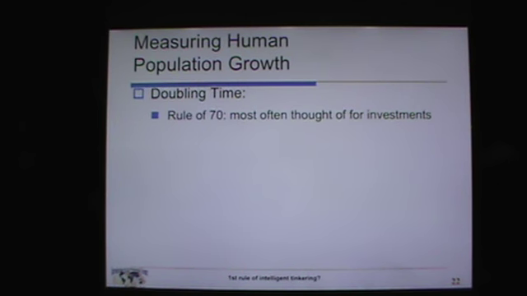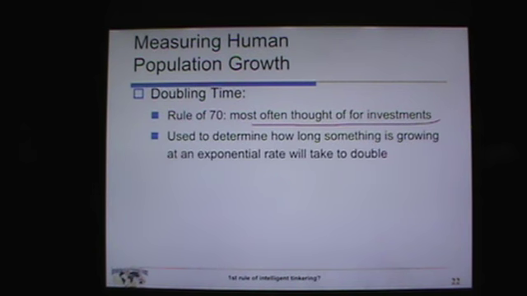There's an idea called the rule of 70. Mostly it's thought of for investments. It is used to determine how long something growing at an exponential rate will take to double. Remember, rate: anything that's increasing over a year. So, doubling time is equal to 70 divided by the